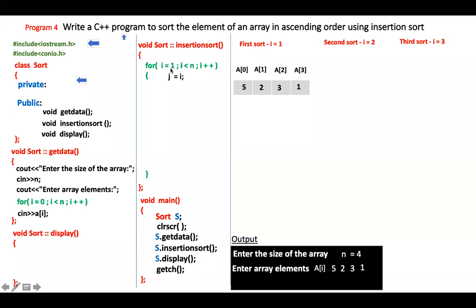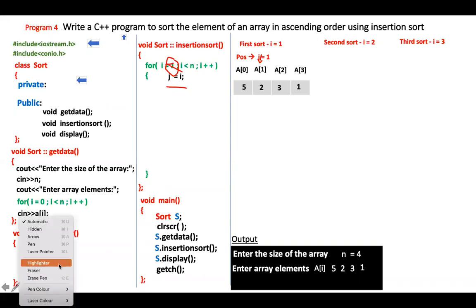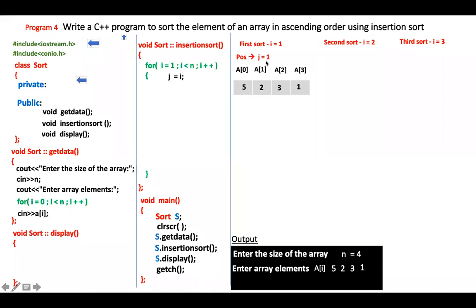Now first, i is at the first position. See, i is equal to 1. So it is at the first position. If you write j is equal to i, then it will take the value of your i. What is the value of i? It is 1. So I will write the j value also as 1. I value is nothing but 1. So 1 I have recorded.